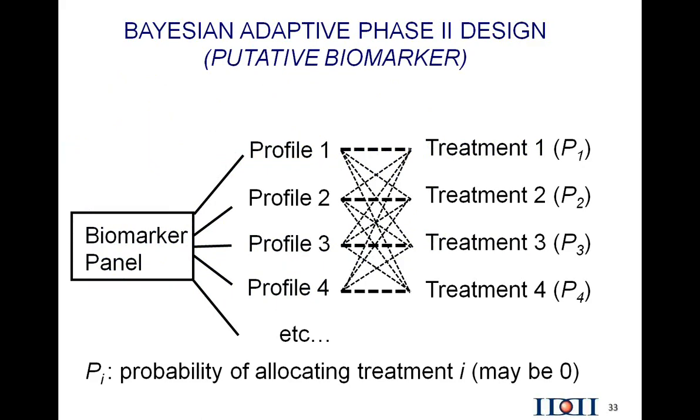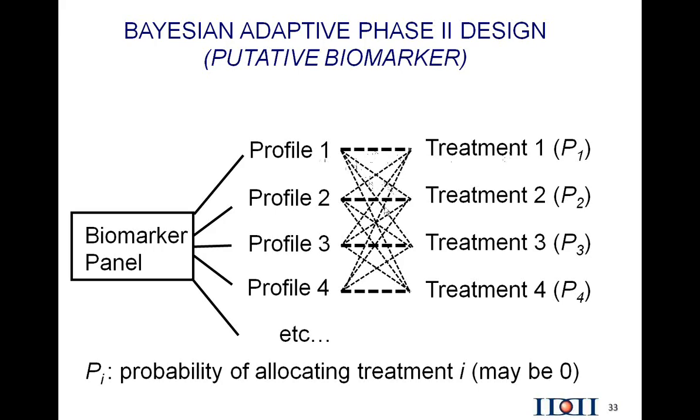Another interesting idea for phase 2 trials of biomarker-based choices of therapy is the so-called Bayesian adaptive phase 2 design, where we have putative biomarkers, and in fact here we don't have a single biomarker, but we have a panel of potential biomarkers. And so based on this panel, we can define different profiles. So here 1, 2, 3, 4, etc. profiles, which in fact will drive the choice of treatment. So patients who have the molecular profile number 1 or the biomarker profile number 1 will in fact be more likely to receive treatment 1